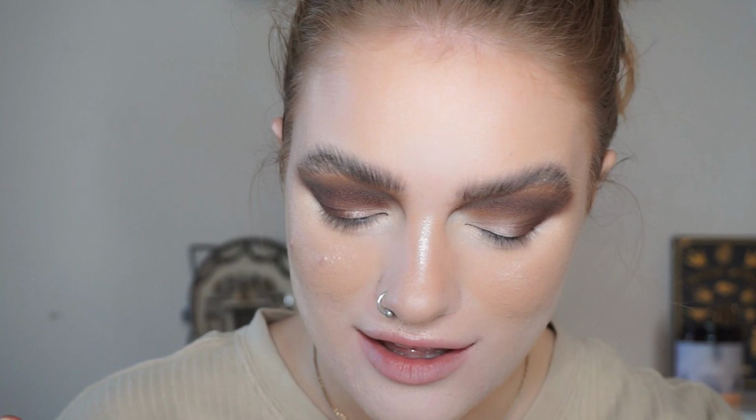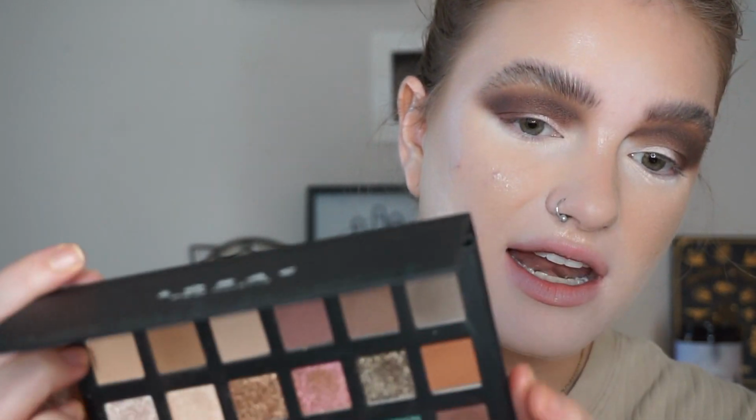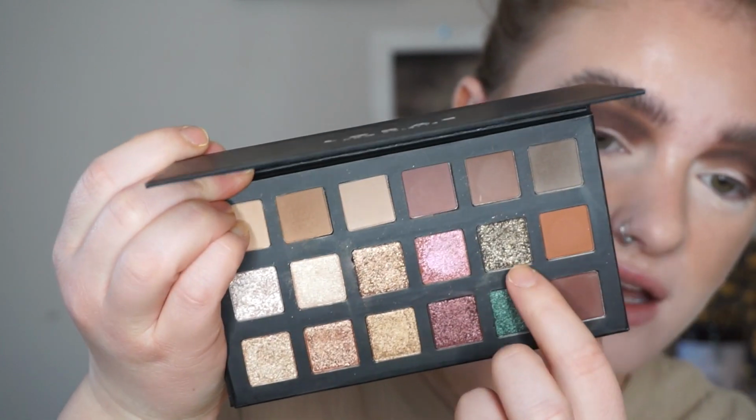I don't think I've seen anyone else's review of this, so I'm just going off of what she said in terms of what I know other people feel about this palette, but I had pretty non-existent expectations and it's going well. Now I'm going to take the shade Wind because I can't not do that, and